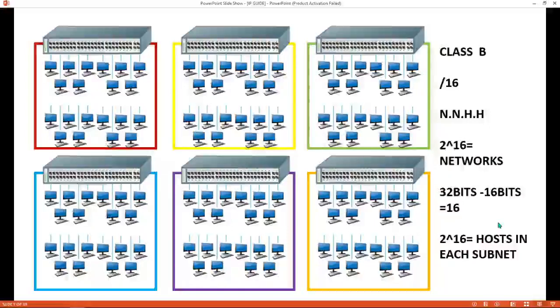So this is a problem for us when it comes to network design. We can't waste IP addresses, right? If you make this much of a network change and assign network addresses to each switch, some of the networks might not have that many PCs,